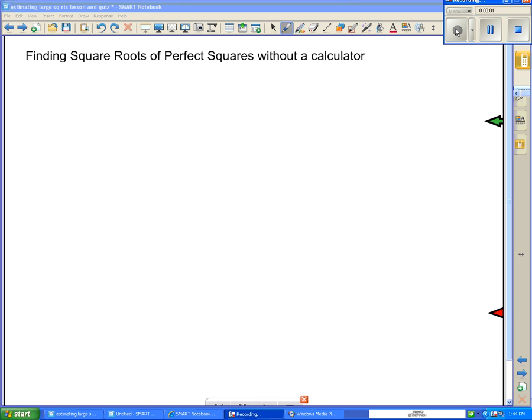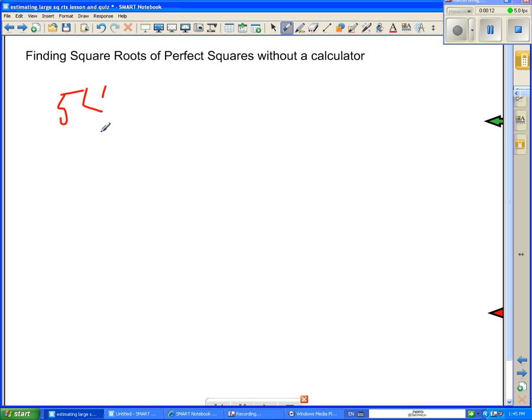Let's explore how we can find the roots of perfect squares without using a calculator. Let's use the example of 5,476, and we wish to find the square root of that number. Well, I haven't memorized my multiplication facts, so I don't know what number times itself will give me that, but